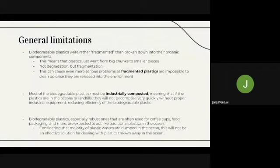So obviously there are certain limitations to these biodegradable plastics, as they are not yet fully developed and utilized. According to the study conducted by Imogen Napper from the University of Plymouth, biodegradable plastics are rather fragmented, then broken down into their organic components. What it means is that the plastics just went from big chunks to smaller pieces with their characteristics being preserved. So basically that's not degradation but rather fragmentation, and this can cause very serious problems as those fragmented plastics are too small, so it is nearly impossible to clean up those small fragments once they are released